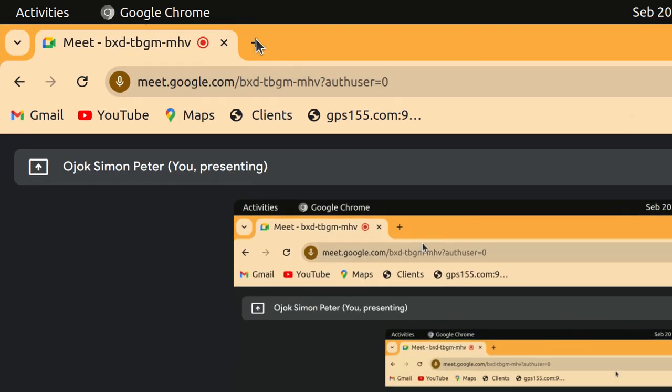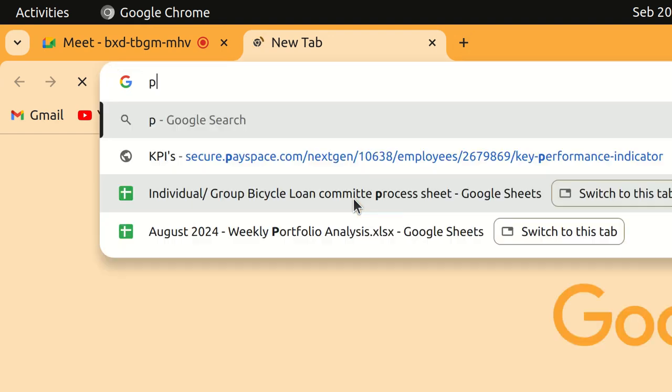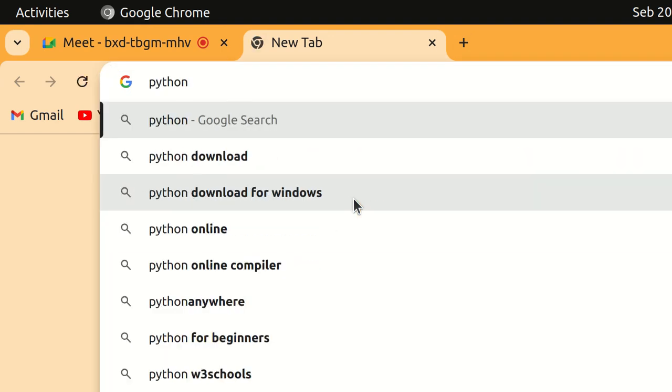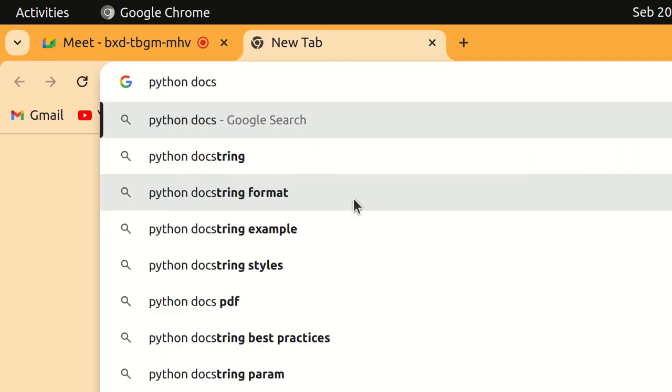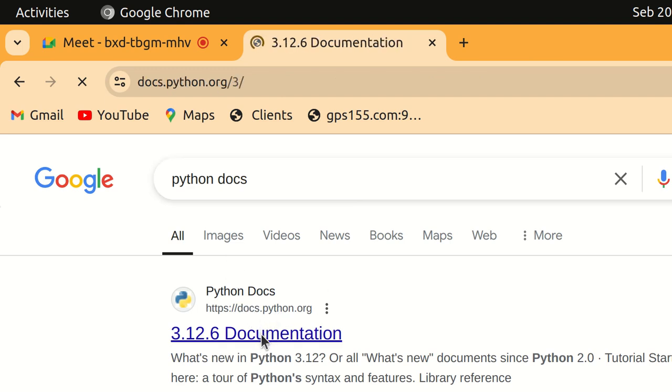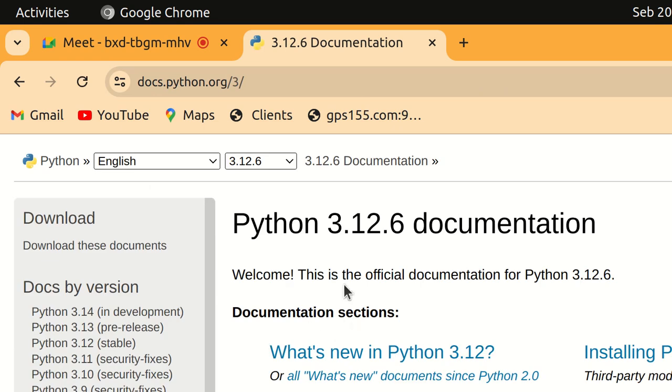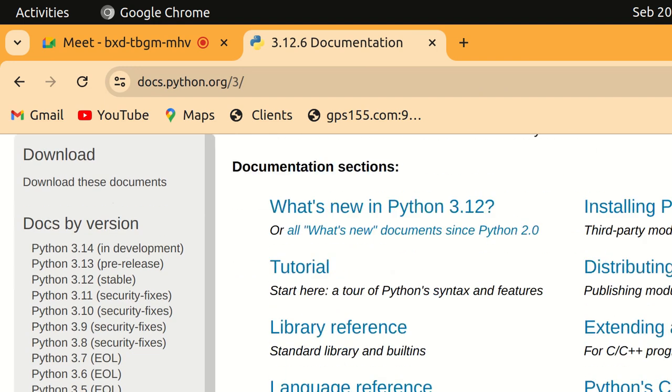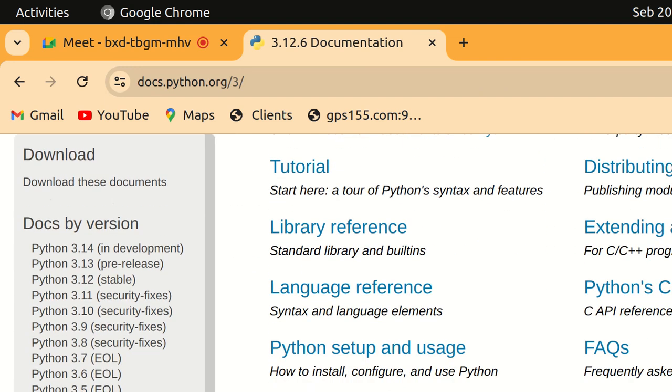If you go to the browser, you should be able to find Python docs, at docs.python.org. Thank you. So you will be able to find a number of examples you can execute and run.